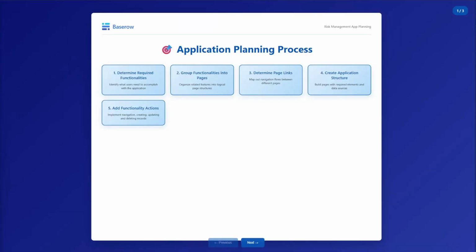We should always start off by planning it out properly first. To do this, we can first determine what the required functionalities are for this app, and then group those functionalities into pages. Then we need to determine what the links are between those pages. Only after doing this should we begin to actually create the application and add the required elements and data sources